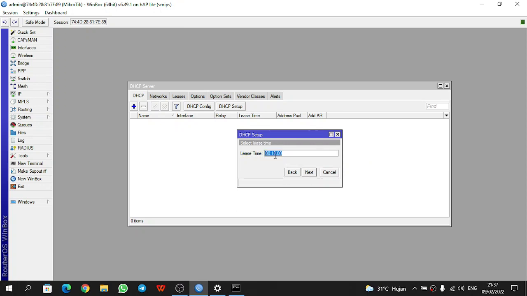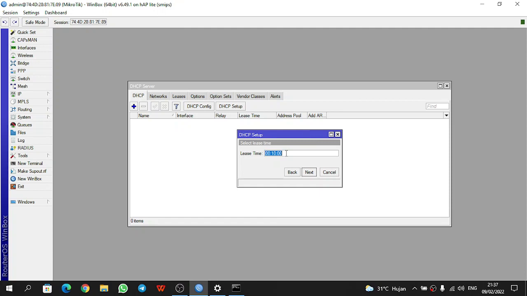We click next for the lease time, which automatically restarts and refreshes the IP.